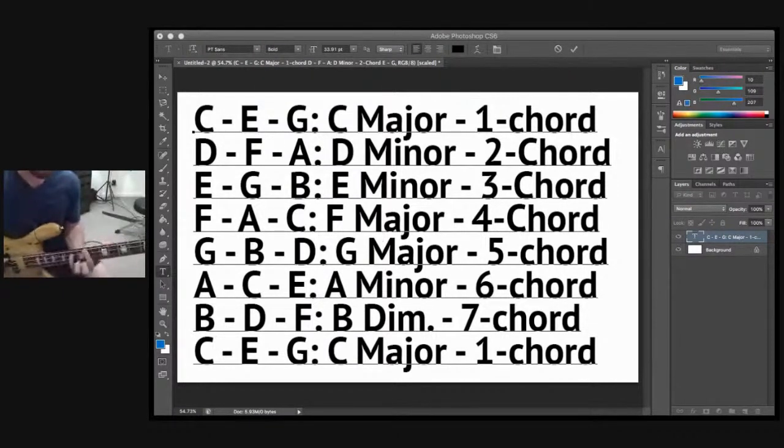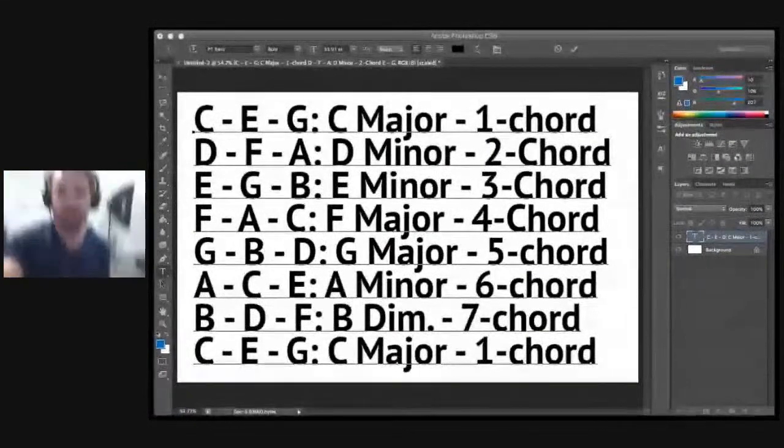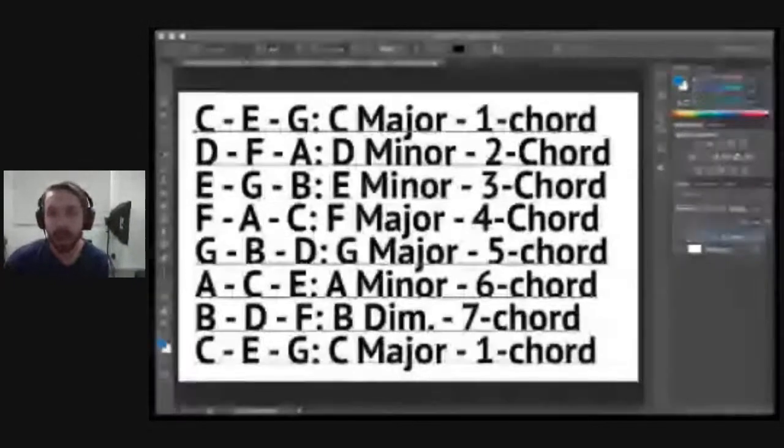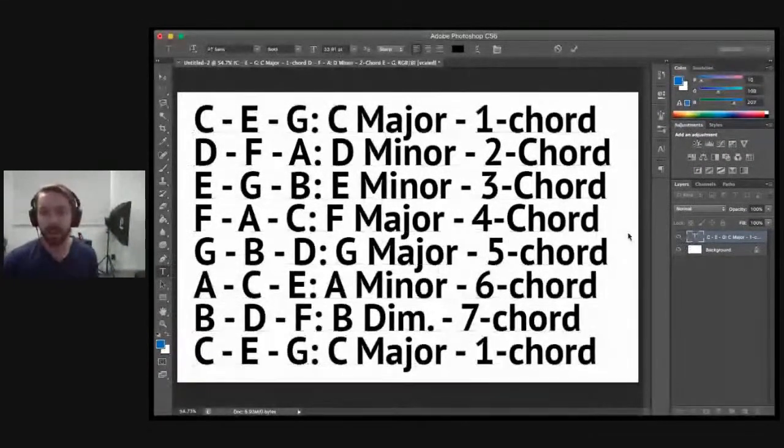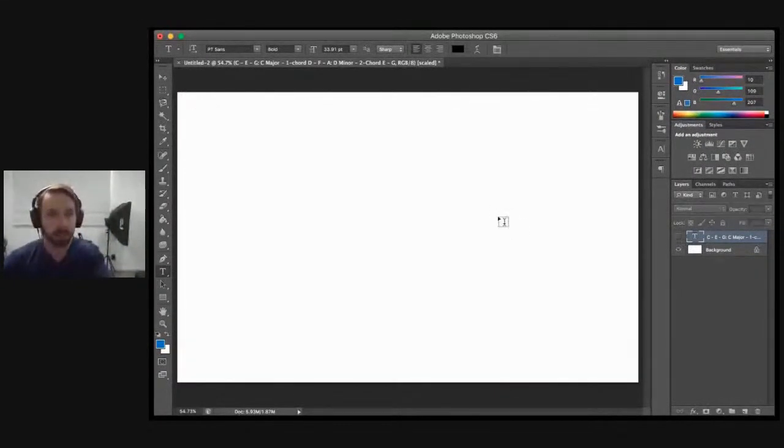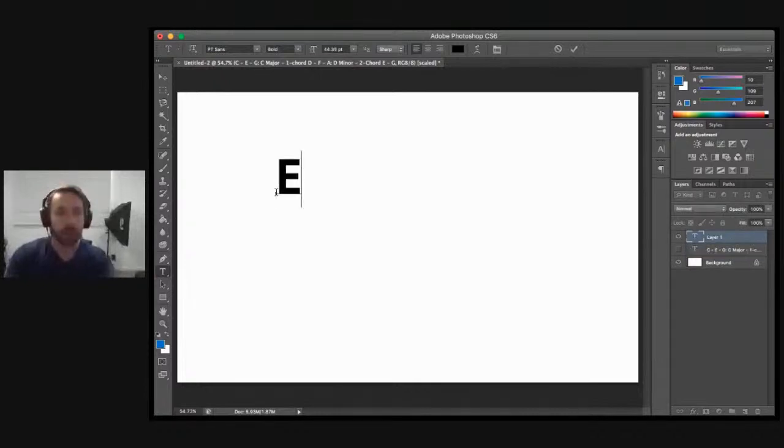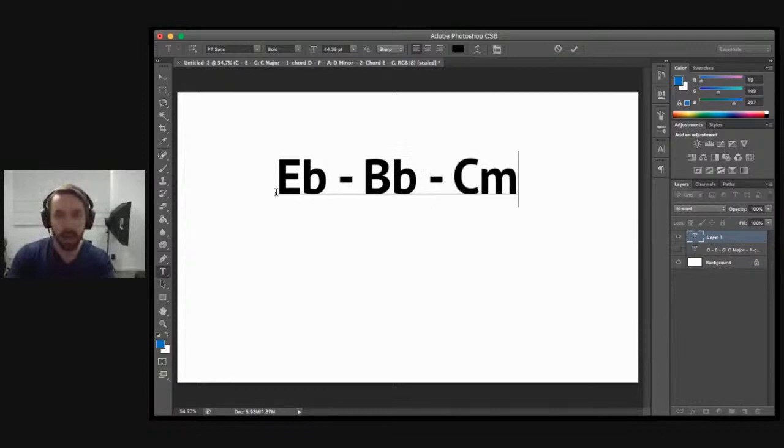So if you just look at the chords, we've got E flat, B flat, C minor, and A flat.